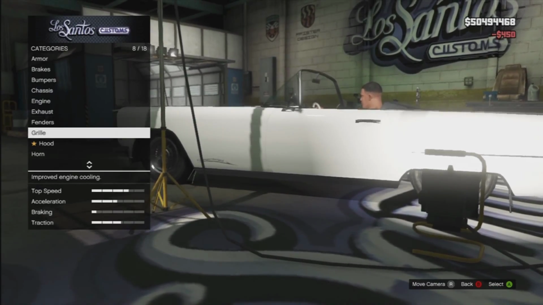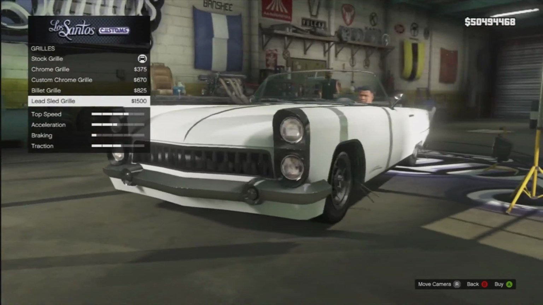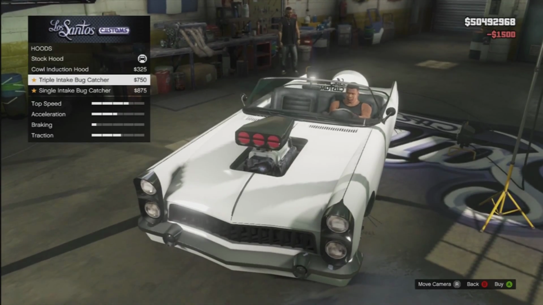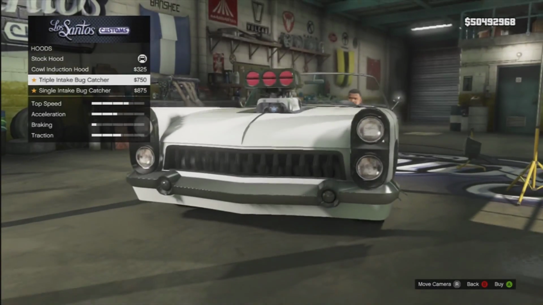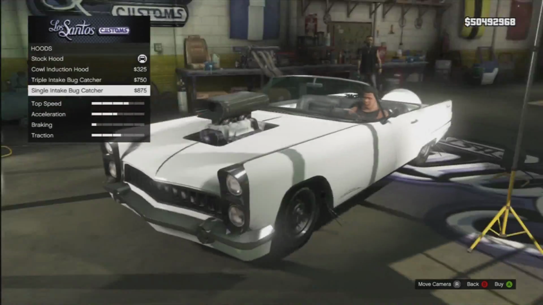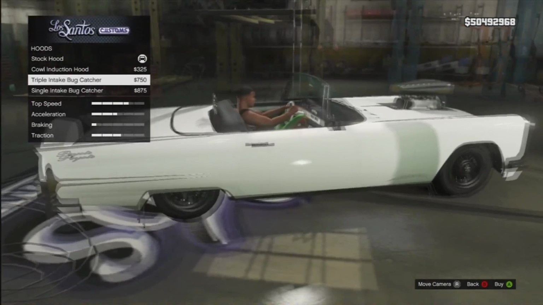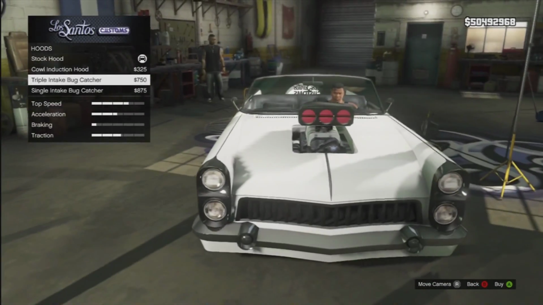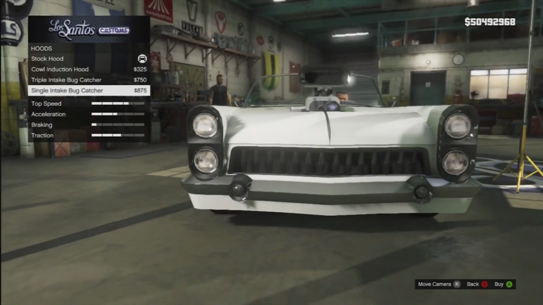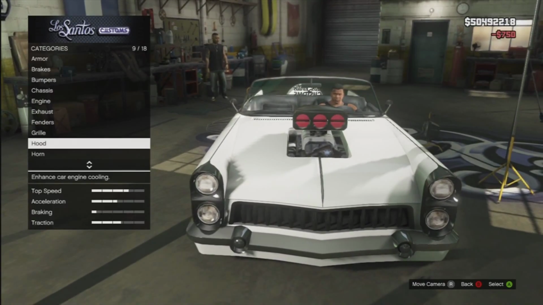And again, I put pretty much everything I could on, and again I went for the grille, which I thought looked the best out of them. I went for that one in the end, and then this one I was not expecting. On the hood you can actually change it to a triple intake bug catcher or a single one. Now I ended up actually going for the single one because I think even though the triple one did look pretty cool because it looked like it was firing missiles or something,